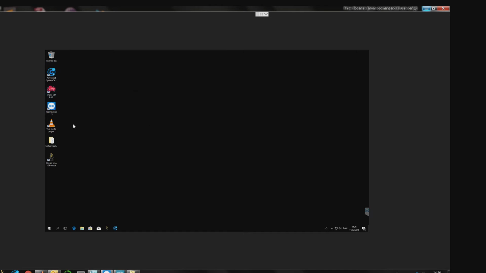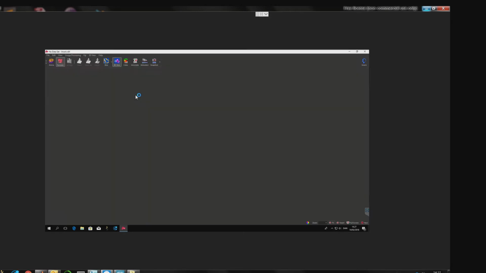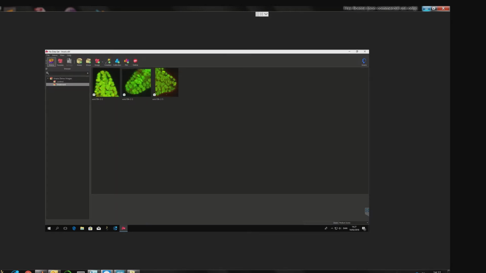Okay, so if you go to log into Imaris 1 or 2, no matter which version of Imaris you work with, we just double click in order to open Imaris. Once you open, you will be seeing the Arena. Right now, there is no data set available for this Arena, but no matter what you do, the first step